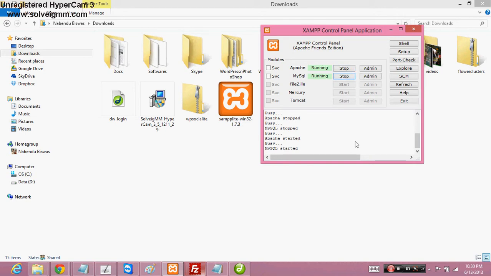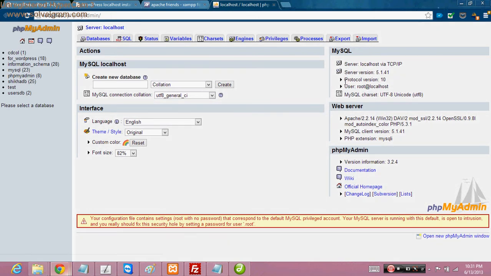Now what I will do, we have to create a database. So I will click this admin here, and click this admin here, and we click again. Okay, it is opening something. It opened thrice. Let it be open only once. So it will take me to this localhost phpMyAdmin. So here I have to create a new database. I already have some databases created, but here I have to create a new database.